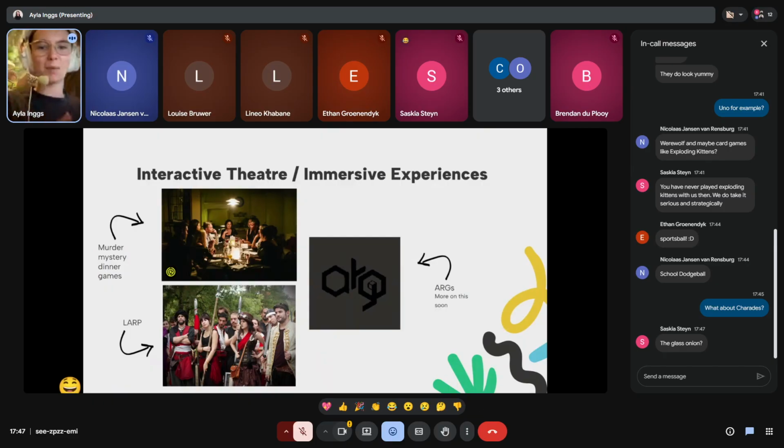We obviously get our LARP, we get our escape rooms, and then finally we get ARGs, which we will discuss in a little bit more detail soon. So these are immersive experiences. It's not always having to do with acting, but it's the immersiveness of the experience, and they're narratively driven. There is a lot more setup, obviously. It's not as quick. It depends on what kind of event you're going to. An escape room is an hour, but maybe a murder mystery dinner is 3 to 6 hours. It really depends on the type of activity that you're getting involved in.